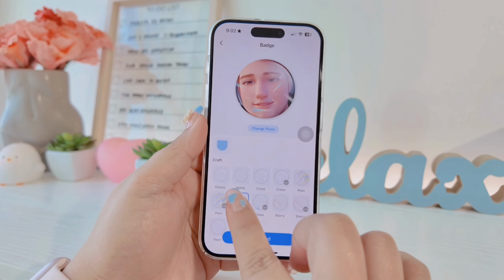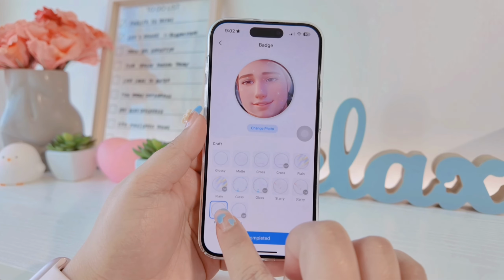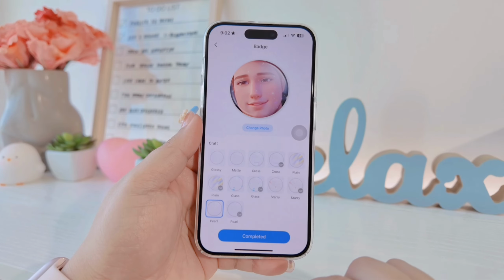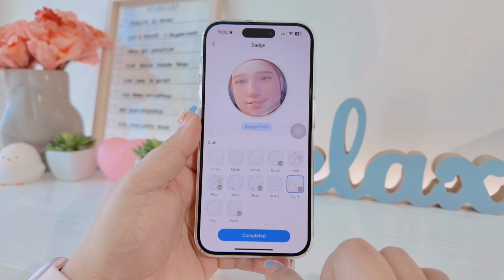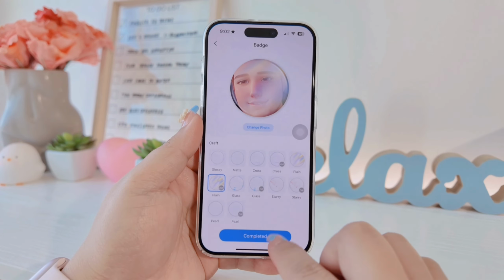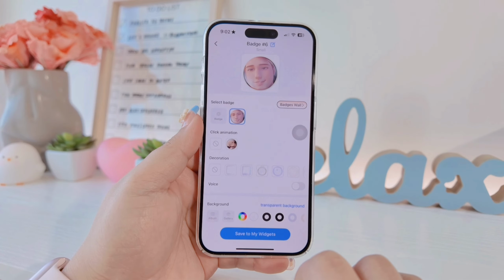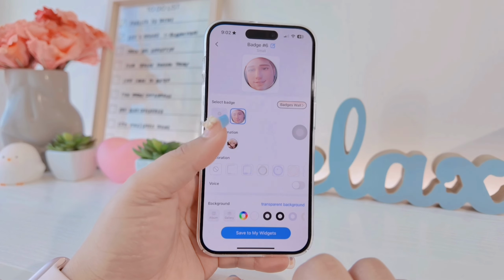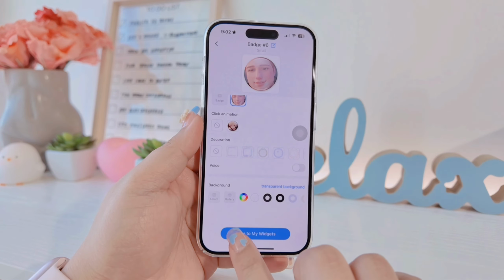So I decided to create that one, and I'll pick the effects, like moving effects or shiny effects, just so that it will have this illusion that this one is actually moving or getting hit by a certain light. So I'm going to be clicking completed,